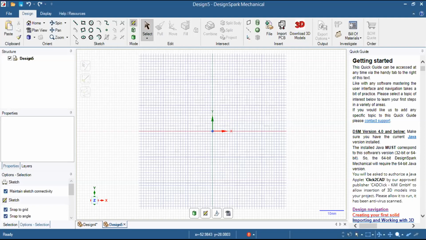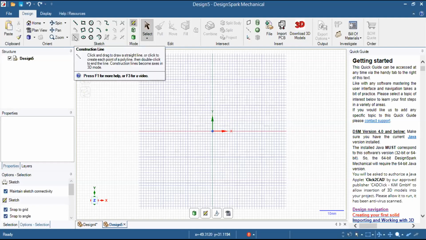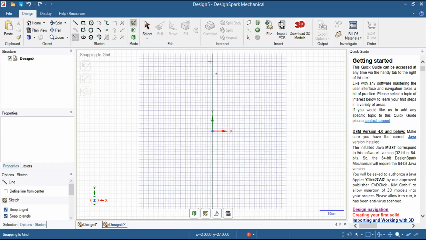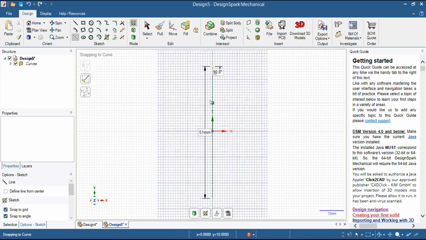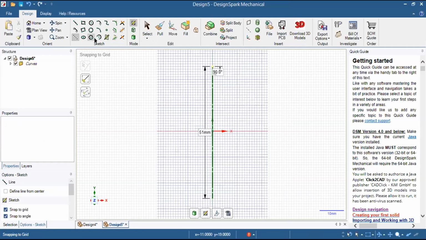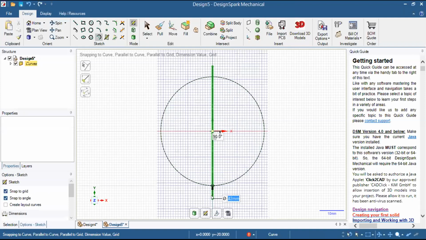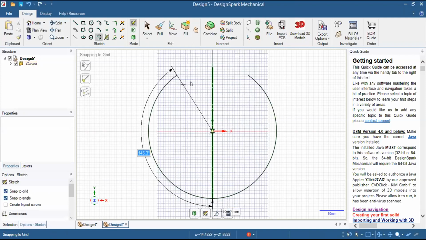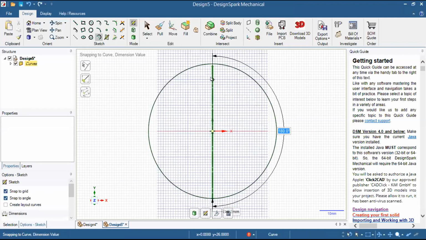and from where there is a change, it will also be a quick revision for you. So again, first we will select this as a construction line, and as I told you, we will right click on it to set it as a mirror line, right? Now we will use the sweep arc command from the center like this, and I will create an arc.